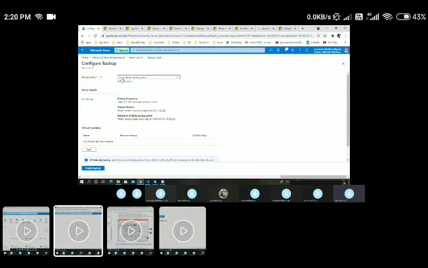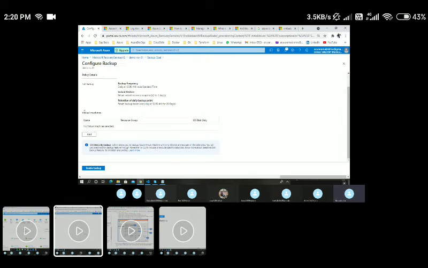And if you see here, I have created a new policy with the name demo policy, and here you could see the details. At this moment I'm going to take a full backup. This is the backup frequency: every day at 12 a.m. The instant recovery snapshots will be stored for 2 days, and the remaining retention will be up to 30 days.